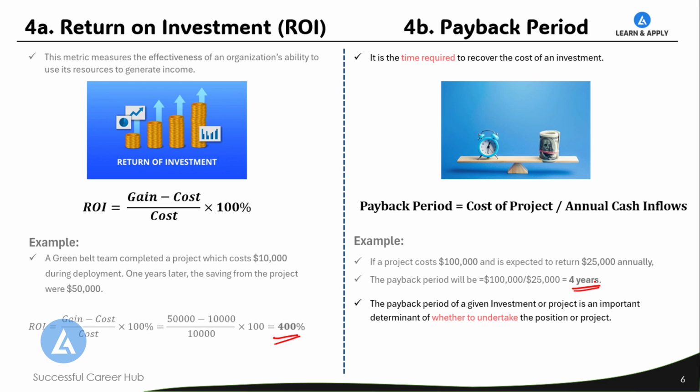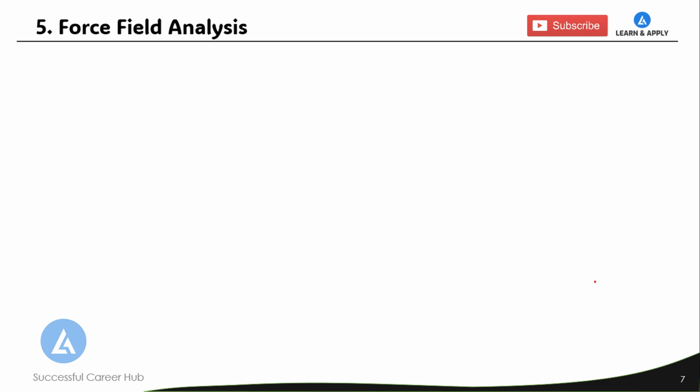The payback period of a given investment or project is an important determination of whether to undertake the position or project. These two tools, return on investment and payback period, can be used along with cost benefit analysis. A longer payback period is typically not desirable for investment positions. So you might have heard sometimes that the payback period is more, that's why the project got rejected. With the understanding of this cost benefit analysis and similar other two important tools, let's go to the next tool,